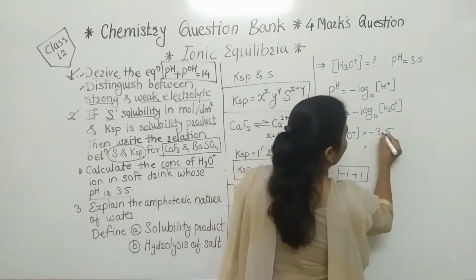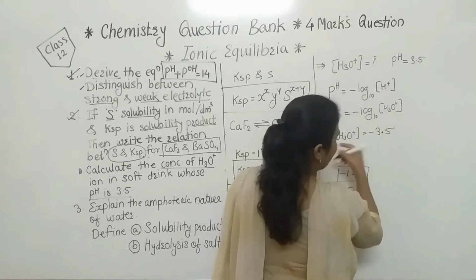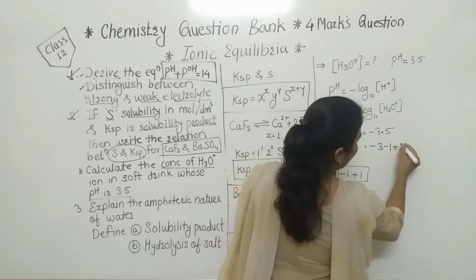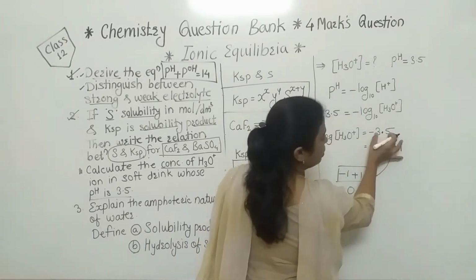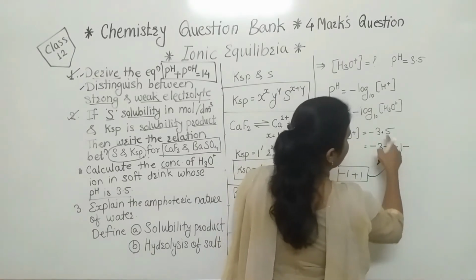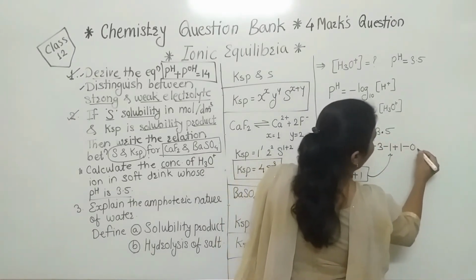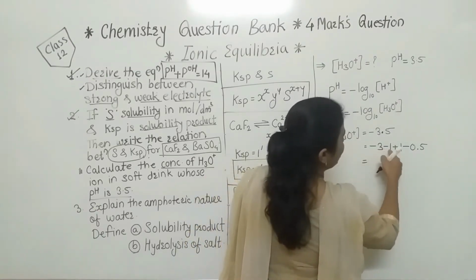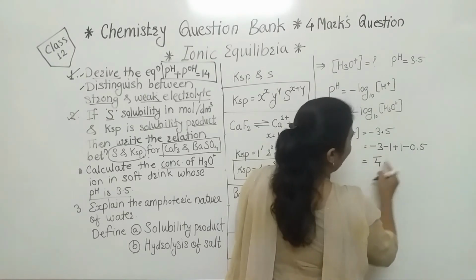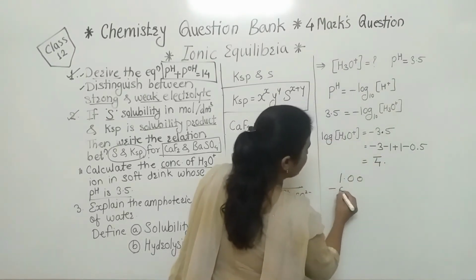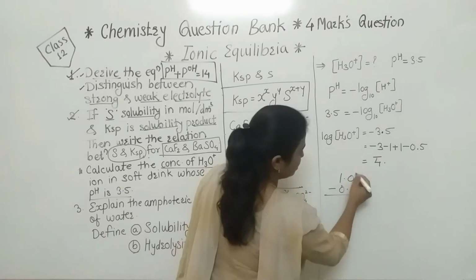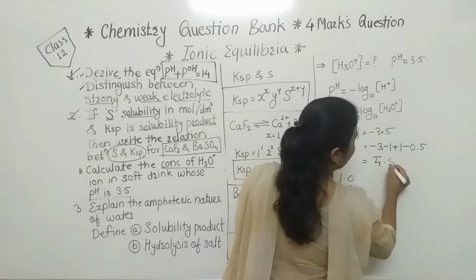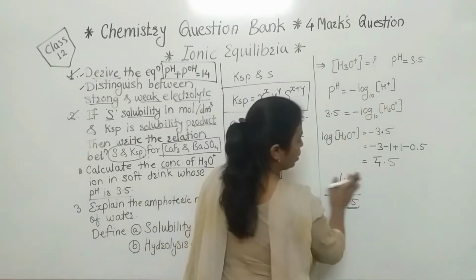So what do we have to do? See, from the decimal, the left-hand side we write as it is: minus 3 minus 1 plus 1. This part I have introduced in between. After that, what remains is the minus 0.5. Now simply we take the sum. Minus 3 minus 1 will be bar 4. Then 1 minus 0.5, the subtraction will be 0.5, and that is what we write here, 5. Hope everyone understood that.